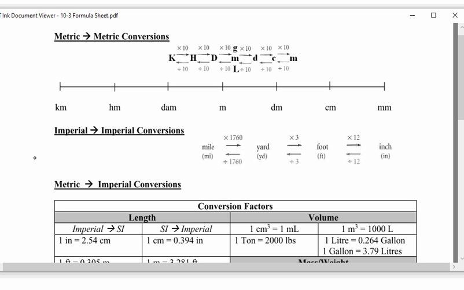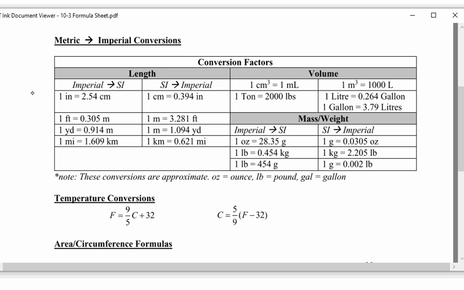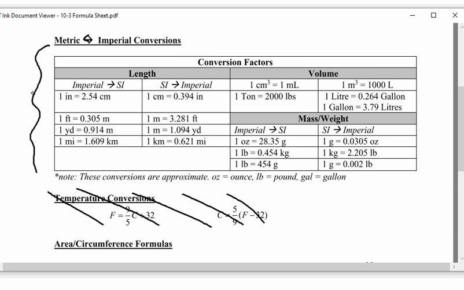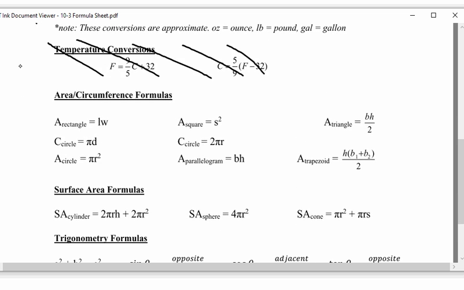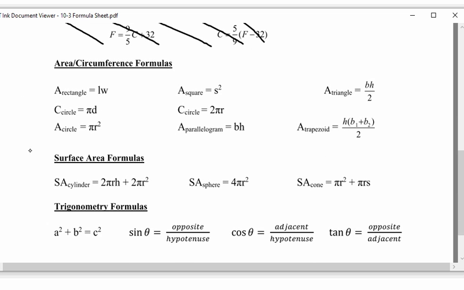We have on there, as you can see, a metric conversion chart, imperial conversion charts, and the metric to imperial back and forth chart that sets up our proportions. Don't worry about temperature conversions. They're there, but don't worry about it. But today we're going to start talking about shapes and calculations of shapes. Here are the formulas that you are going to need